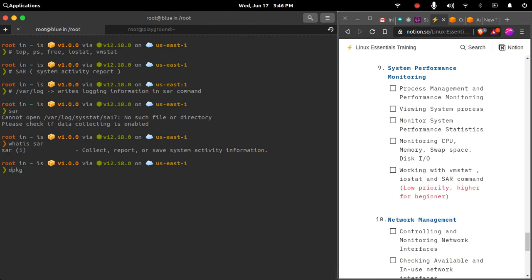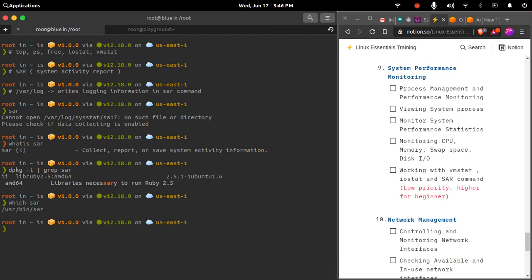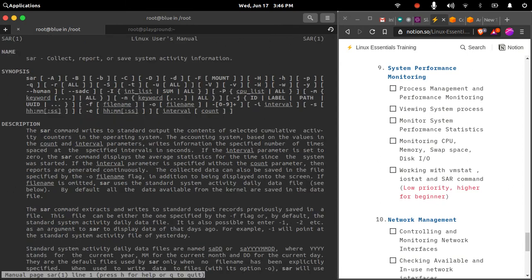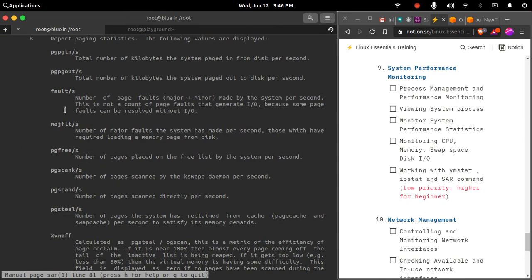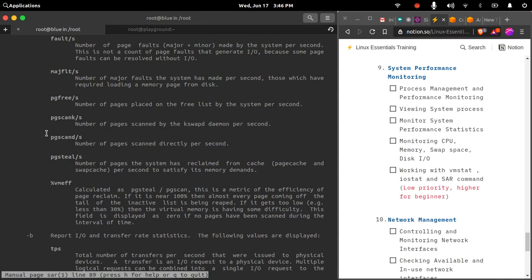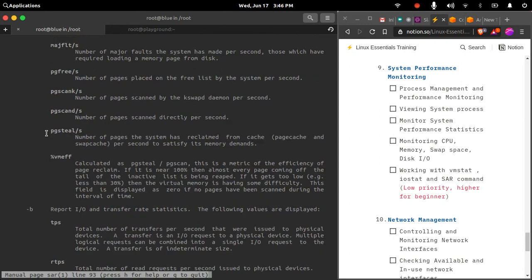Let me verify where it is present: it is /usr/bin/sar. If I go to the man page of this command, it is used for monitoring your system performance as per the description, and similarly it will print the output related to all of the resources like your CPU, memory, disk space and network.